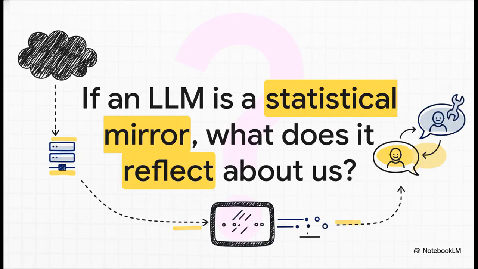And that leaves us with a pretty big final thought. These models are built by compressing and statistically reflecting this vast, messy ocean of human text we've put on the internet. So when we look into that mirror, at its knowledge, its biases, its creativity, what does that ultimately tell us about ourselves?